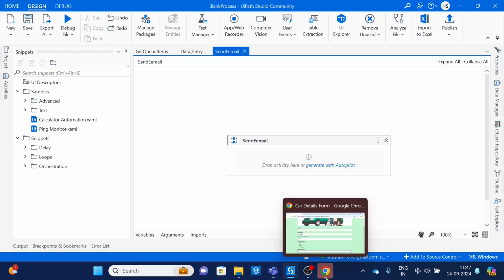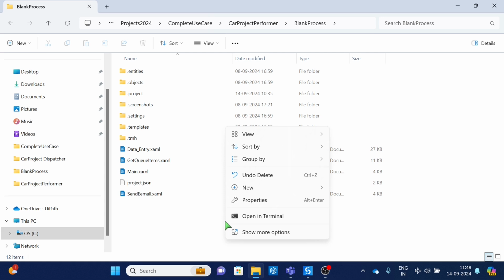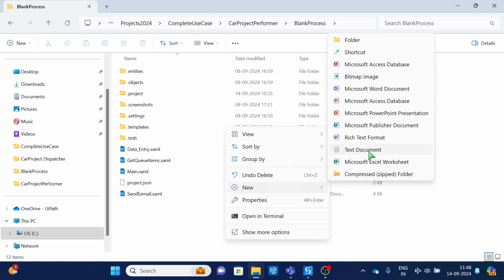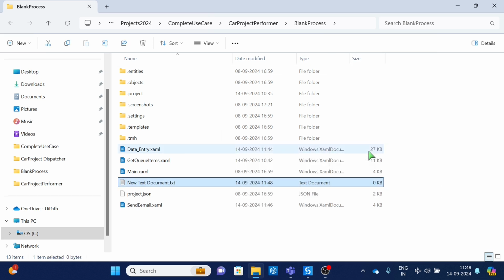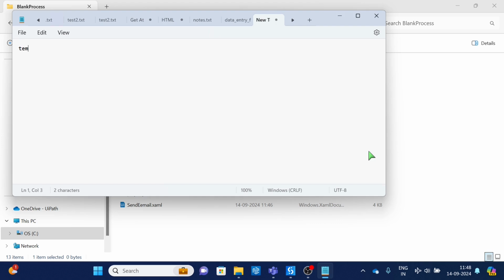Let's use ChatGPT here. Write a simple query, template for